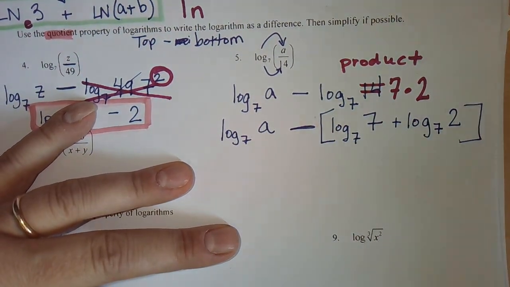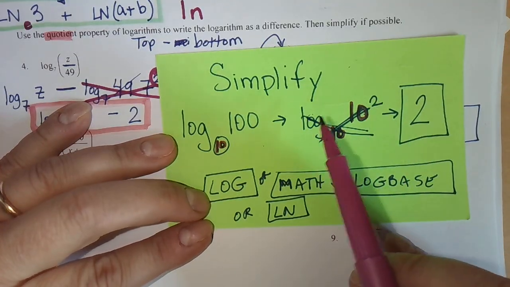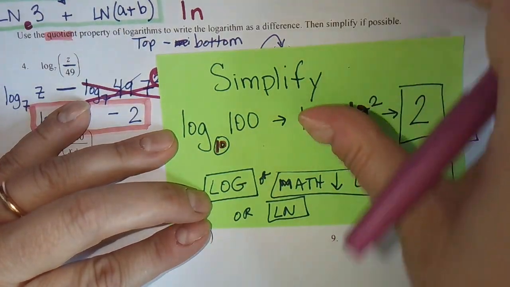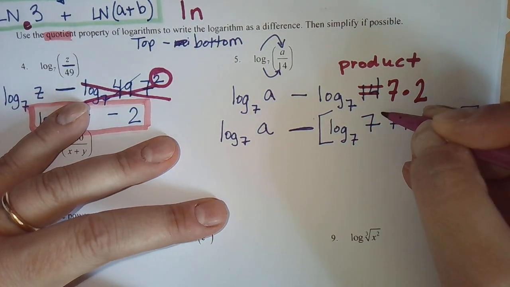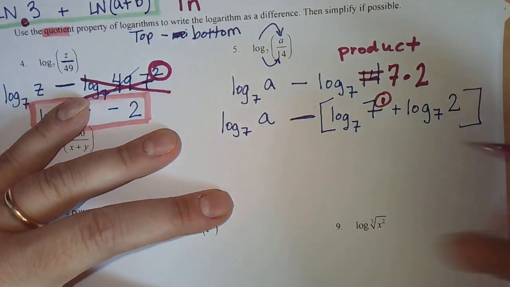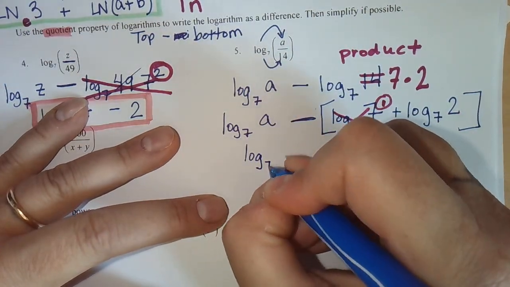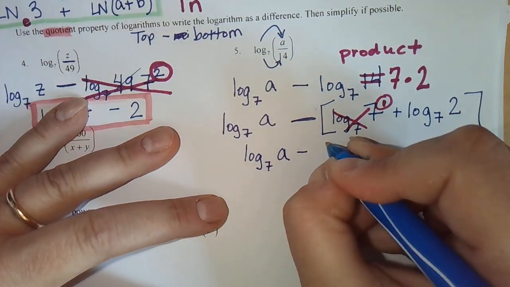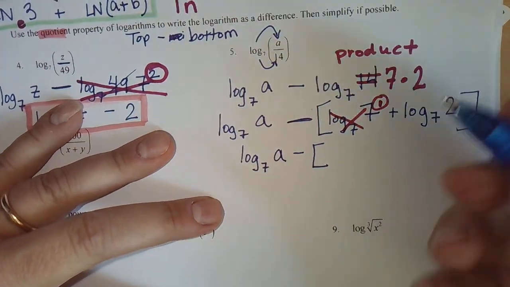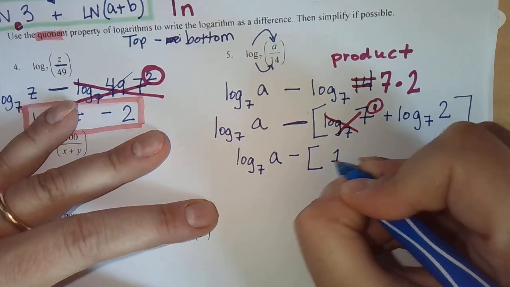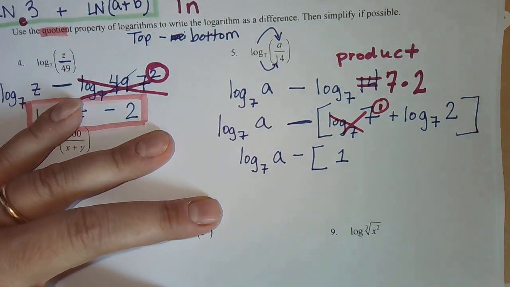Okay, now remembering the simplifying rules, that subscript, the big number and the log can cancel out if you have an exponent. Well, let's look. What's the exponent of this log 7? 1. So all that's going to cancel out. So we're going to have log 7 a minus, I put some brackets, and that log 7 goes to a 1. And then that log 2, he does nothing. He just sits there because